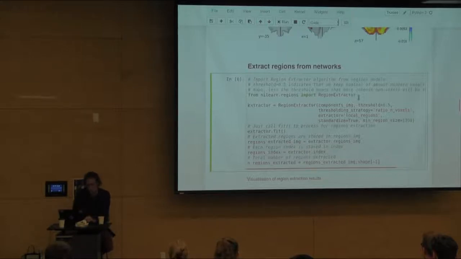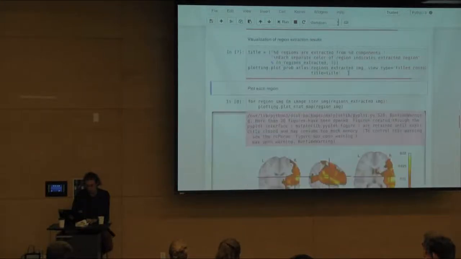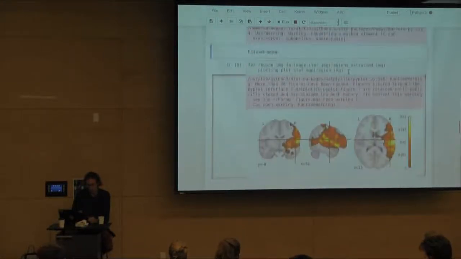So we can use the region extractor to do this. The region extractor, what it will do is it will break the regions into subregions and it will extract the time series on each subregion, okay? So when we fit it, we're giving it those components, and when we fit it, we're breaking down into regions, and then we get those different regions. And then we can visualize the results, and the plot looks quite similar,